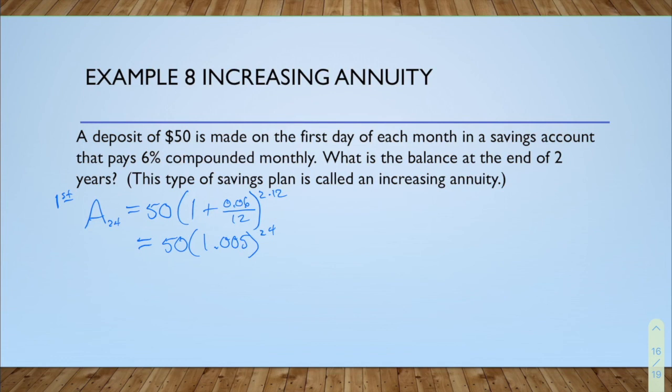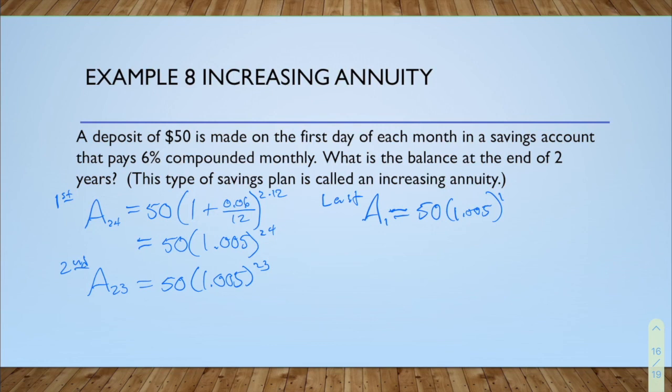So the second investment that you make is going to do pretty much exactly the same, only it's going to do it for 23 months because you waited for the second month to do it. So this one's going to look like this. 50 times 1.005 to the 23rd power. Now, if you go all the way to the last investment that you make, that one's only going to gain interest for 1 month. So what you have from that investment is 50 times 1.005 to the 1. So I hope by now that this is clear to you that your a sub 1 is this value right here,